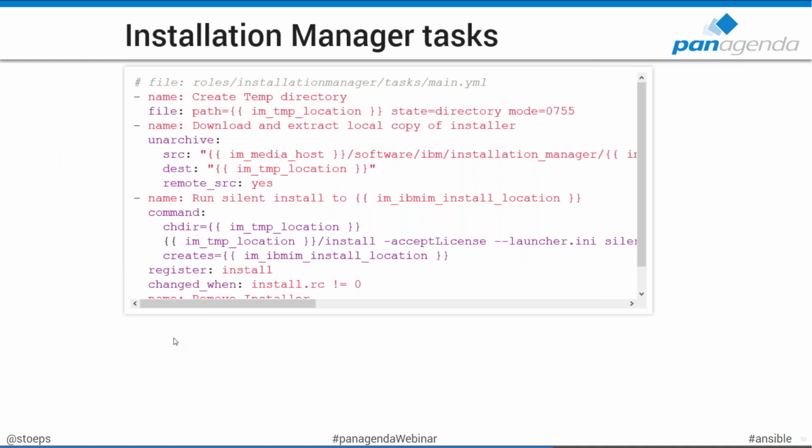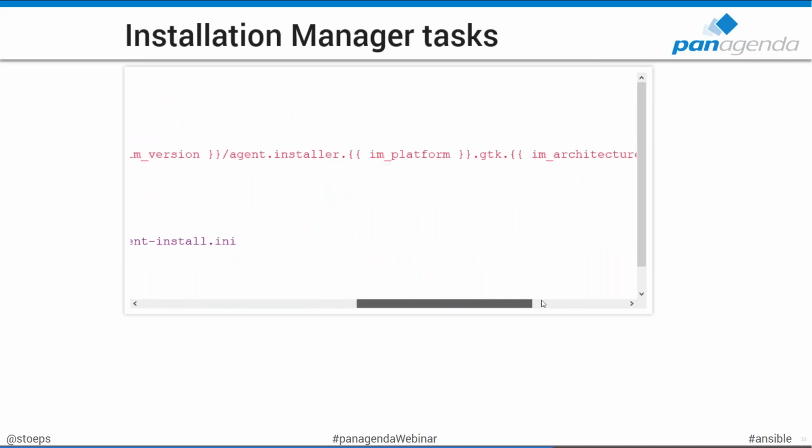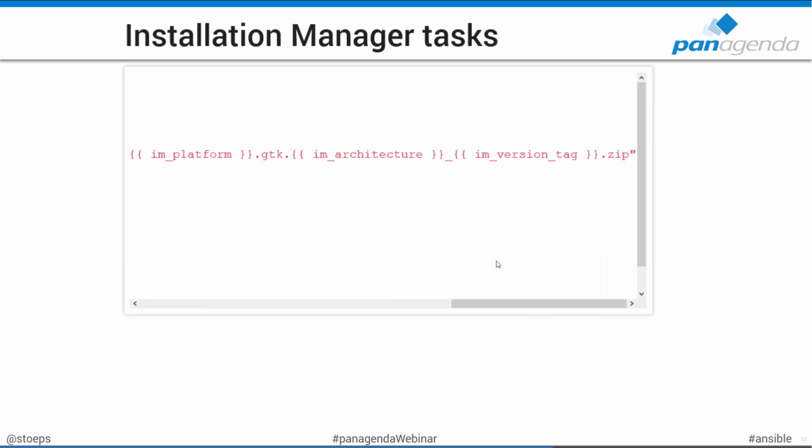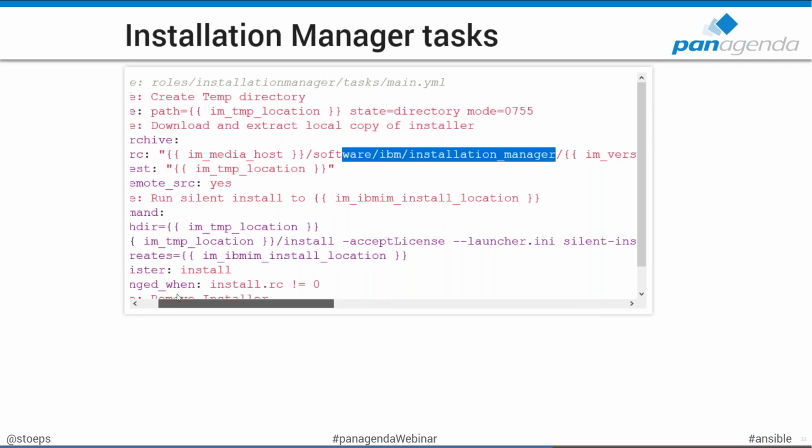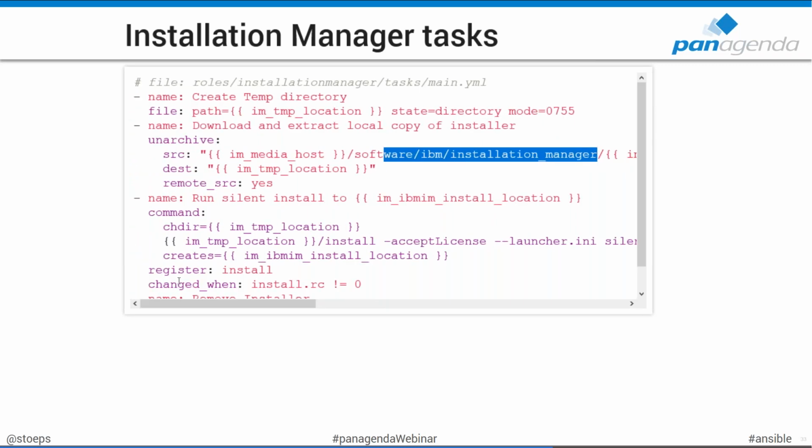And now we use these variables. So here is the role for the installation manager. We create the temporary directory, we used tmpim, I think, with directory state in mode 755. And then we download and extract the installer. Here the variable for the web server, my folder structure where the package is stored, and the long one here, agent installer, platform, GTK, architecture, version tag .zip is the file name of the install package. So you can put multiple versions, multiple operating systems in that folder and just use the one you need on that server. Then we have a destination